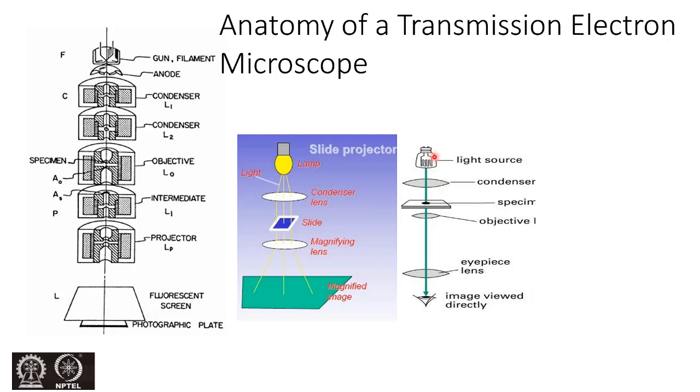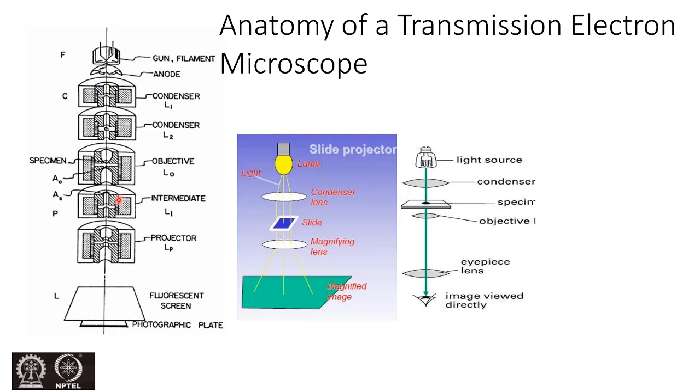that we have a light source, or the electron source, and a condenser lens. Then the specimen. This is for a normal optical microscope. In that case, we have normal visible light, then a condenser lens, then the specimen. Then it goes to the objective, and with the help of an eye lens, we get a magnified image. So here, in place of a light source, we have electrons as a source,